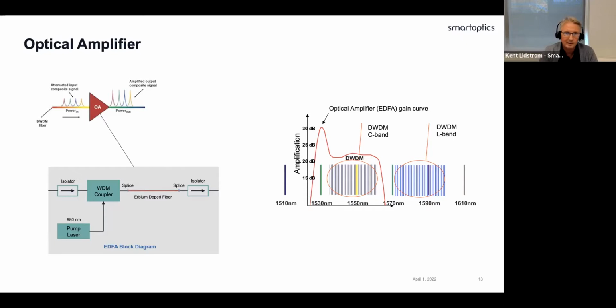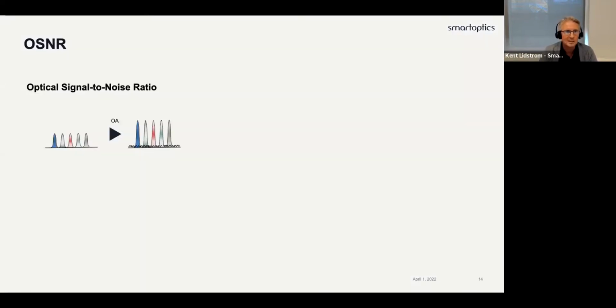When you amplify data, that sounds perfect, and you can go as far as you want, right? You would think so, but if you jump to the next slide, what you will see is that when you introduce an amplifier, you will not only amplify the light level of your actual signal, you will actually amplify the entire zero level that you see on the bottom, introducing a noise called ASE noise.